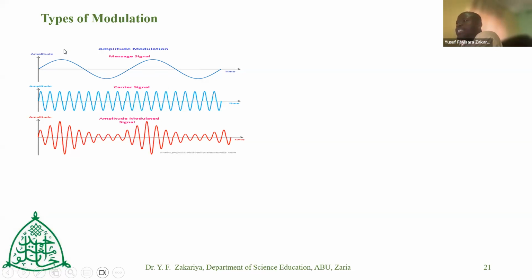But when you now modulate it using amplitude modulation, you can notice that the carrier signal turns red up here. And then look at the height of this trough. Now it has changed. In the carrier wave, there is a uniform height. But when it comes to the amplitude modulated wave, the height is now distorted. So what we have done here is to modulate the carrier wave in such a way that the height of the wave is now altered. So when you modulate like this, you have modulated the amplitude, the height.